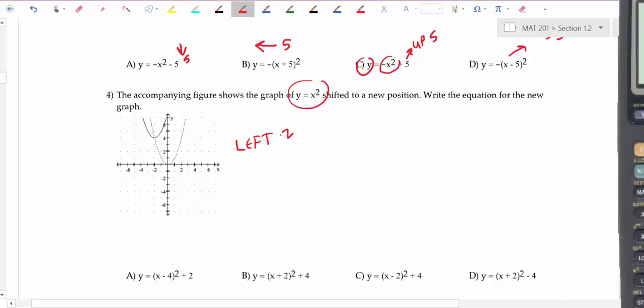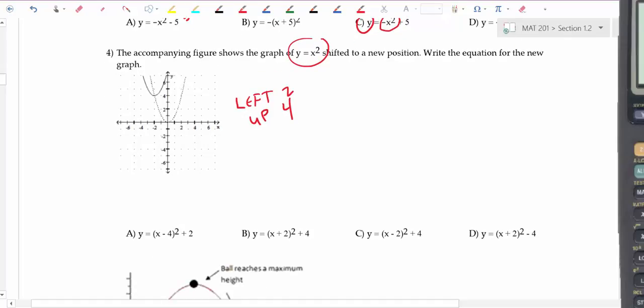Help me out. Left 2? Up 4? That's what I see. Does that look right? Okay, so which one is the correct choice on these? Looks like B. Okay, yep, that's the correct one, because that's your left right there, and then that's your up